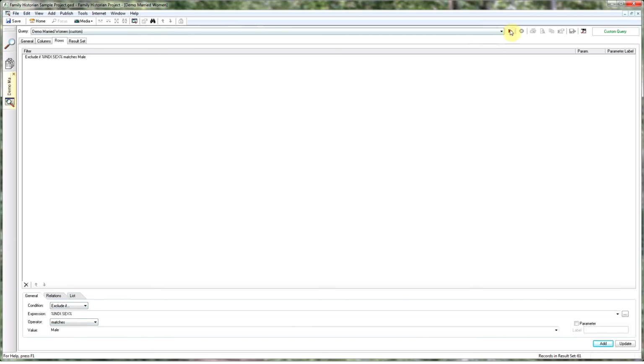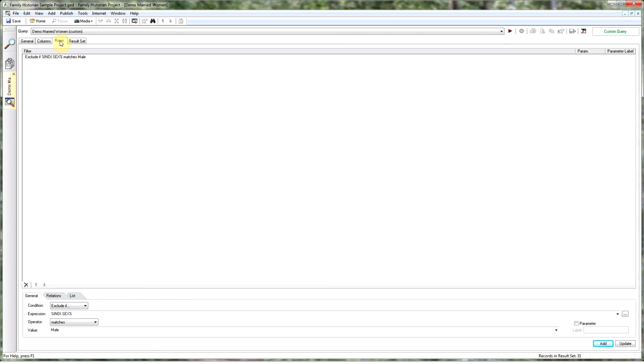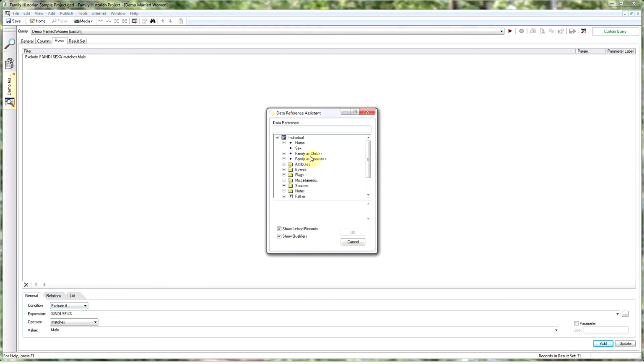So now if we run our report, we've got a much shorter list, and as you can see all we've got down this side is women, but we've still got all the unmarried ones. So we can return to our rows column, we can say exclude if, we can come over here and we can say family as spouse